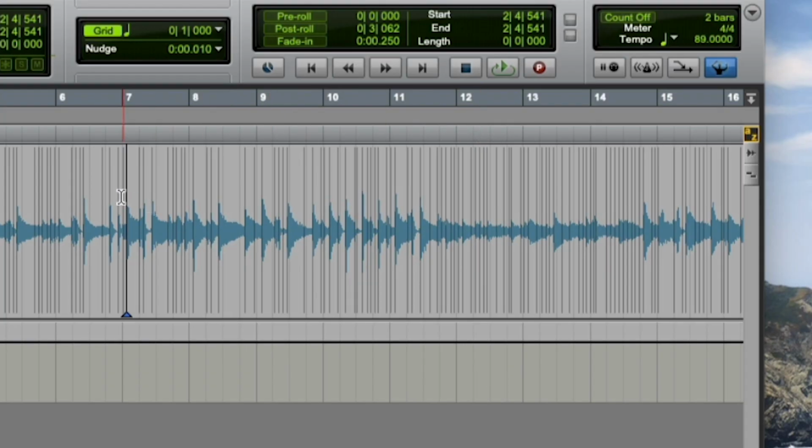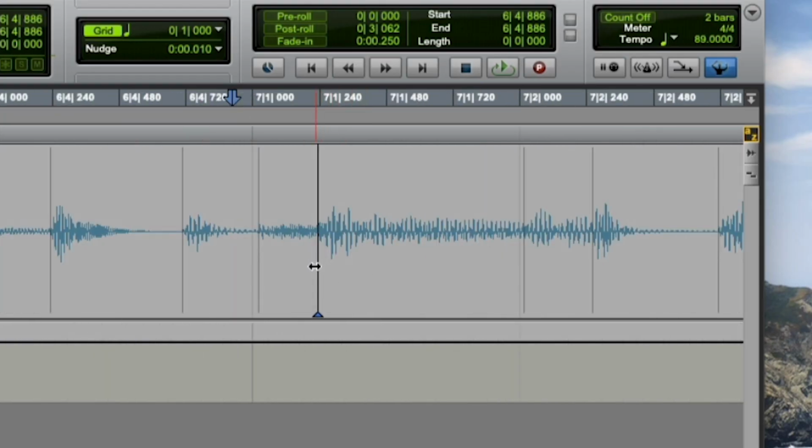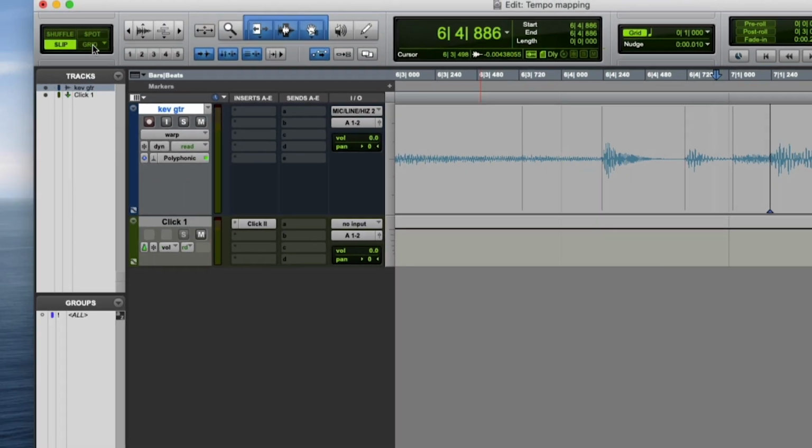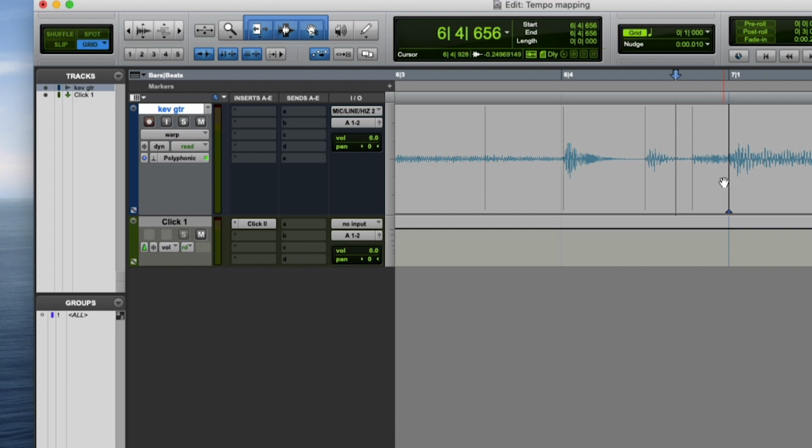So now that we know that that is bar 7, let's zoom into it and let's pull it to 7. I want to go to grid mode because I don't want to have to zoom in too much. So we're going to go to grid mode, and I'm going to just pull that. When it turns into the double arrow, I'm just going to pull it to 7. So now